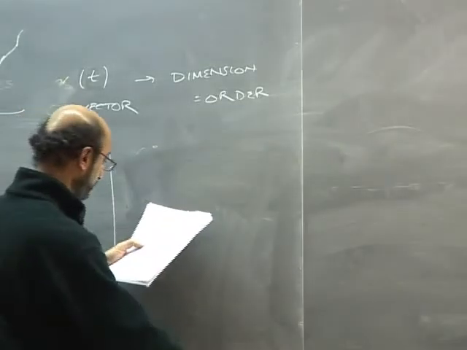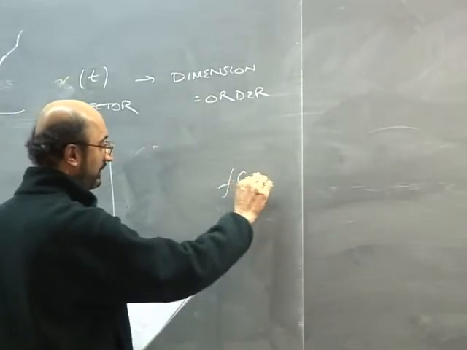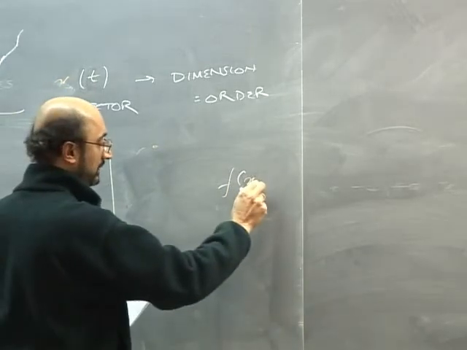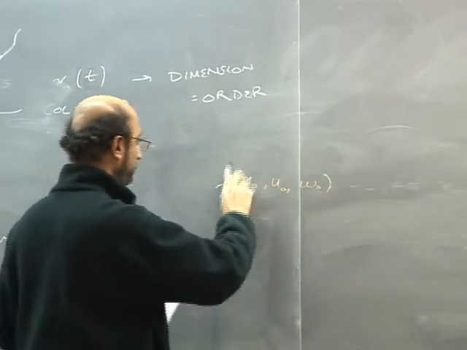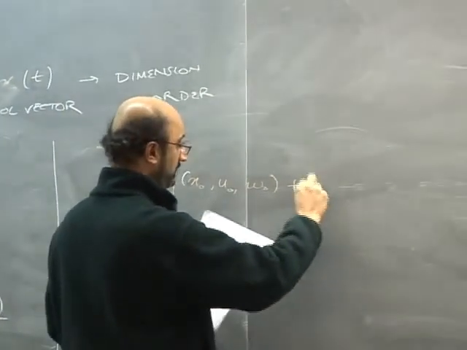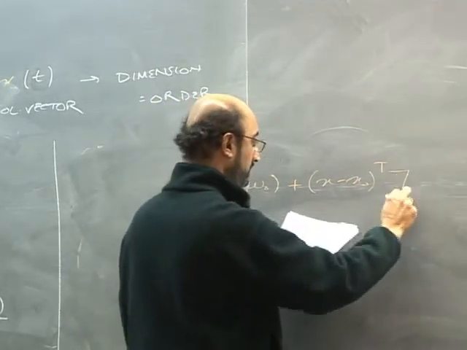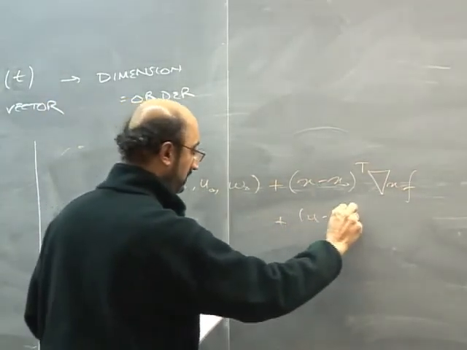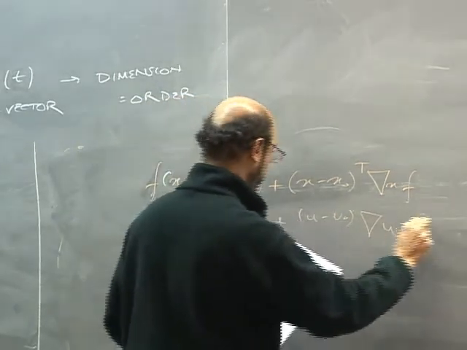Sorry, I have the wrong left-hand side here. But essentially, what I have is going to have x dot, u dot, w dot, and this is going to be plus x minus x dot transpose gradient of x of f, plus gradient of u in f, plus